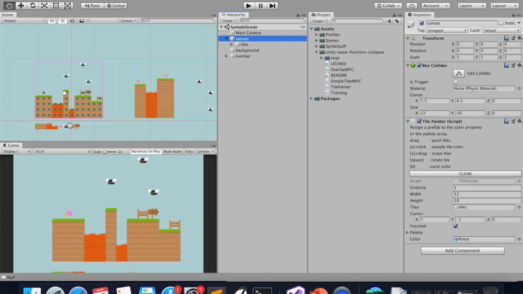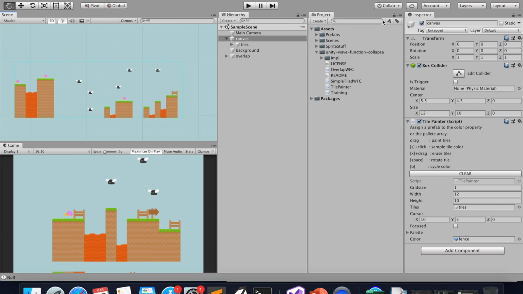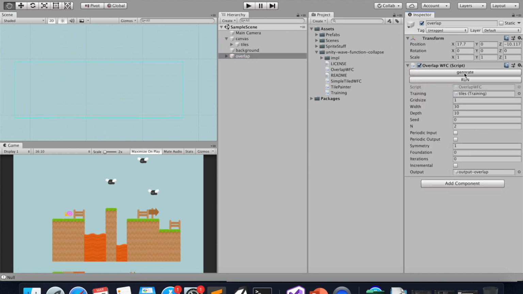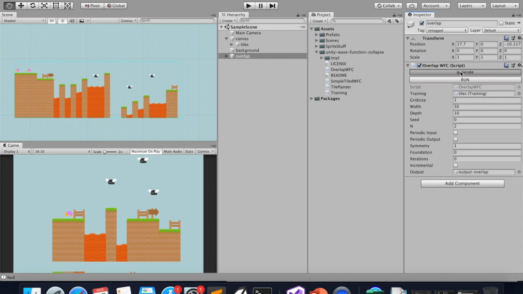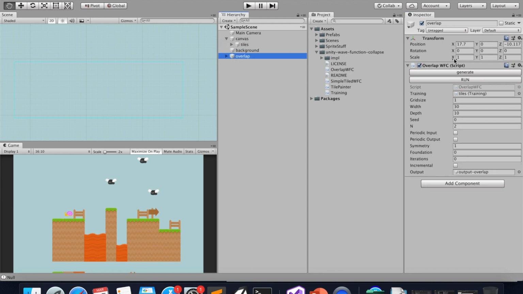Maybe if we did something where we possibly had a fence next to a snail, or rather, a snail always had a fence to its right. Go back to our overlay. Oops, I forgot to train. Go back to our overlap, hit generate, hit run. And we can see every time we see a snail now, we're going to see a fence to its right,